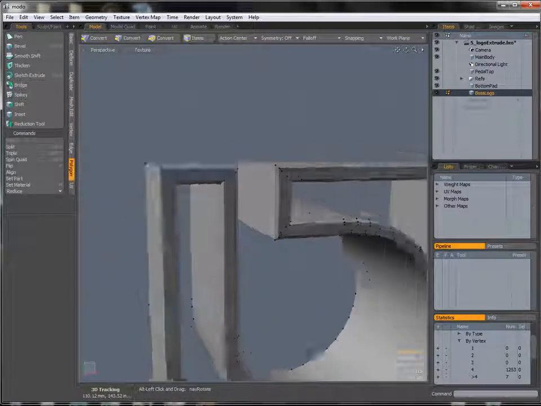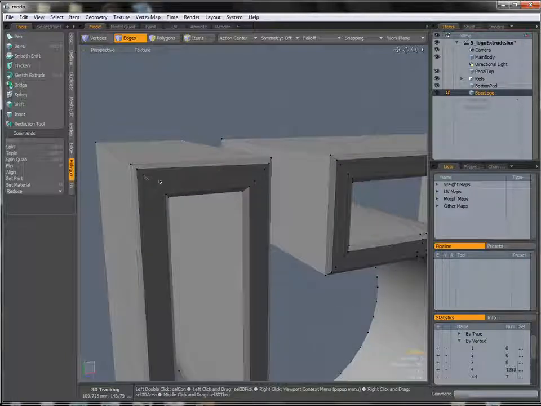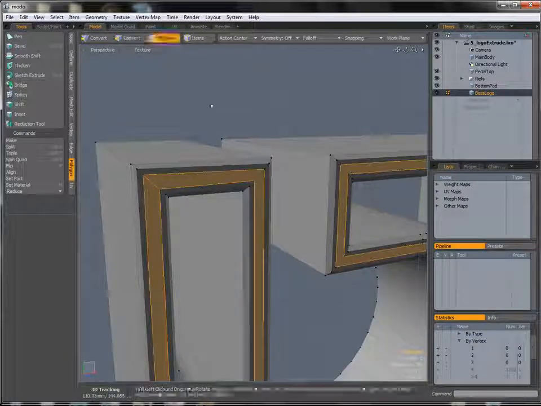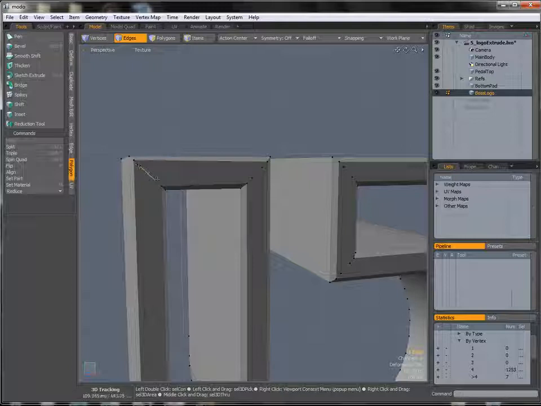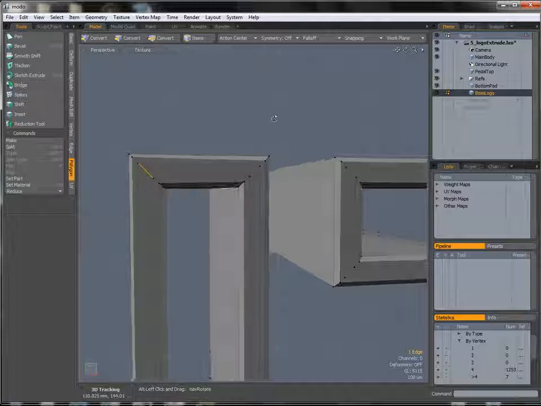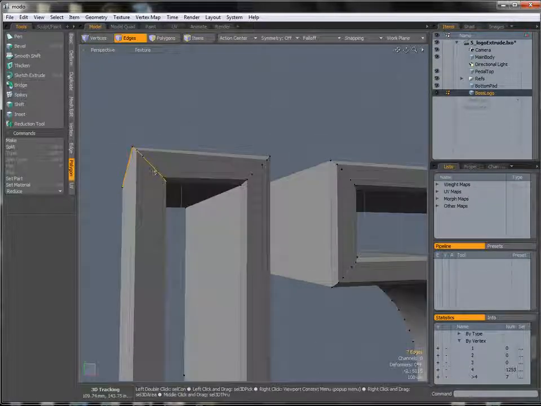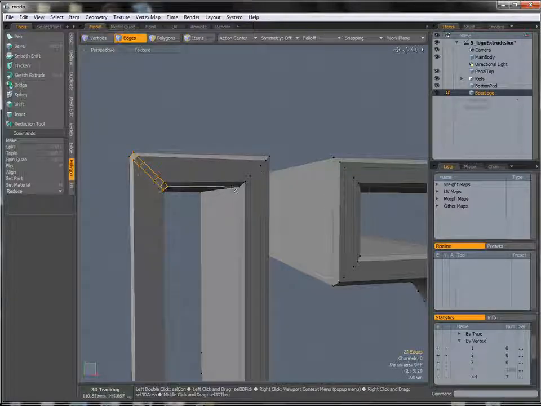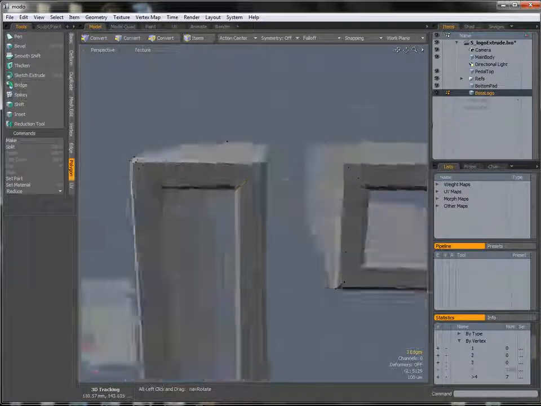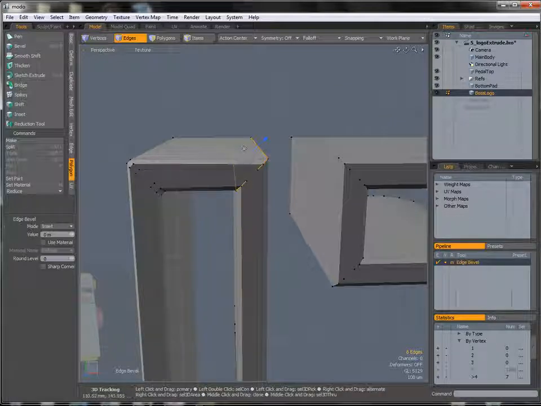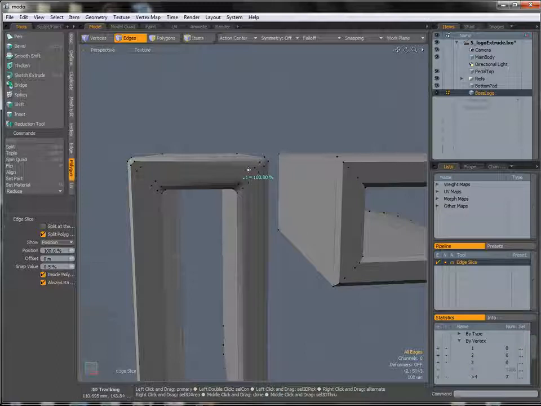edges. So if I come into the top here, you'll see that if we look at this middle row of polygons, on this side we've got this edge linking these 2 corners, whereas on this side we don't have that edge. And what that's going to do is just kind of increase our workload, and I'll show you what I mean. If I double click this guy and bevel it, it's going to automatically create this quad polygon in the middle, whereas if I select that edge loop and this edge loop, and bevel it, it's not going to automatically create that poly. So we're going to have to come in there with the edge slice tool and add